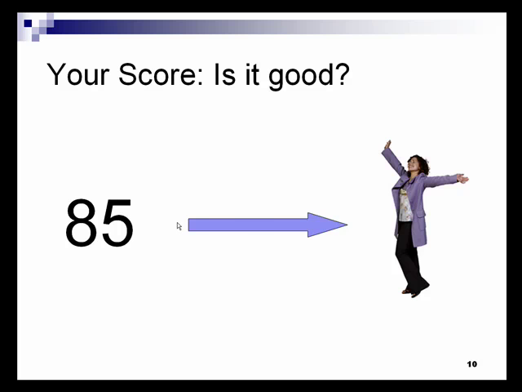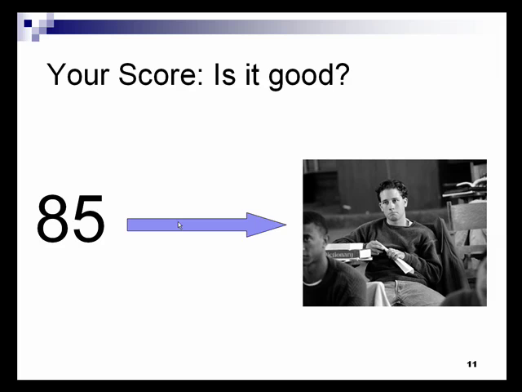Looks like she's pretty elated. On the other hand, it leaves this person feeling like this. Looks like he feels pretty crummy, eh? So,